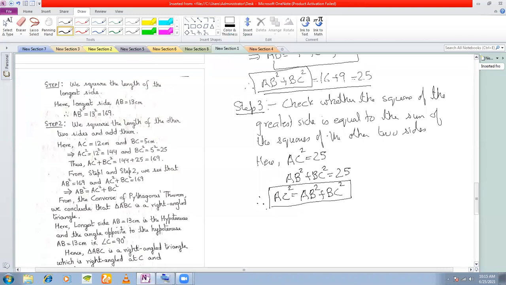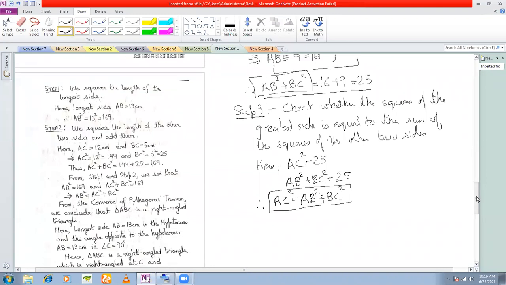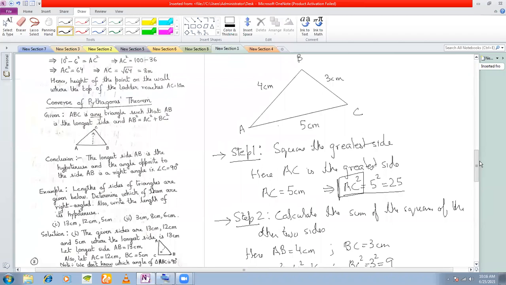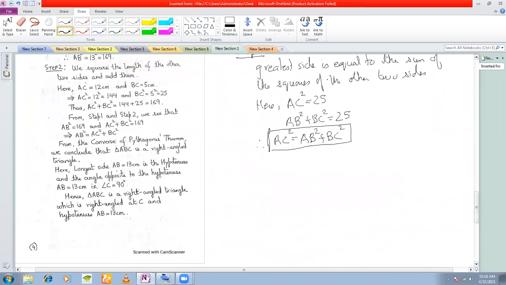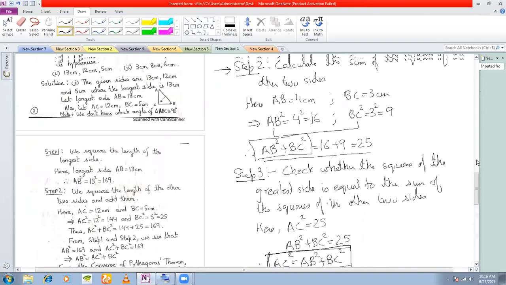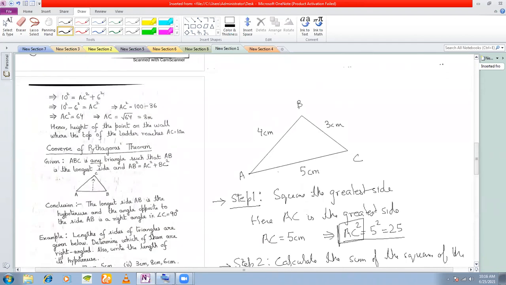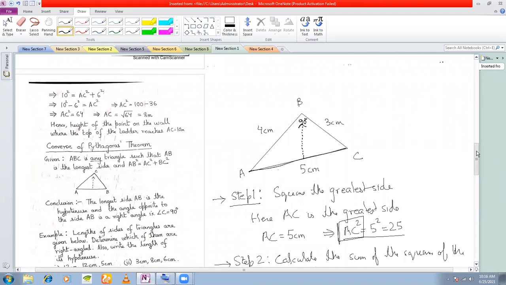Then how do we locate the right angle? Where is the right angle? Now what you do, you look at the figure. Now you see which one is the greatest side. Remember, the first thing is to show this. Once you have shown this, only then you go back to the triangle and check which one is the greatest side. This one is the greatest side. What is the angle opposite to this greatest side? This one, right? Then this angle must be the 90-degree angle. Understood? Here we have located the right angle of the triangle, right?